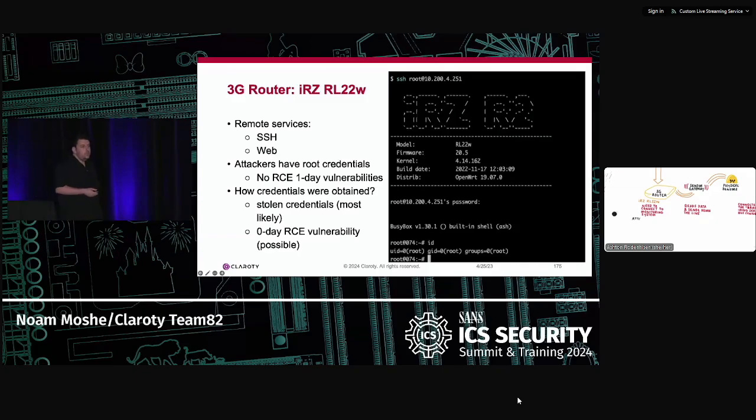Now, while using a zero-day is possible, I looked at the firmware and it looks possible for sure to find some pre-auth RCE. We believe that the most likely thing that happened was that the attackers simply used their control over the IT infrastructure and gained credentials for these 3G routers. And once they gained credentials, they simply SSH'd over to the router, and now they had access to all the different sites used by MOS collector.